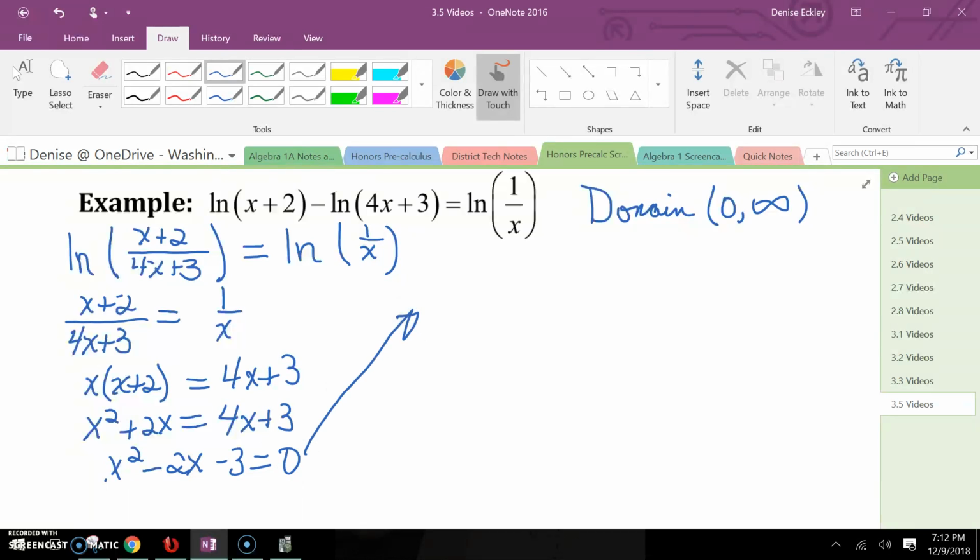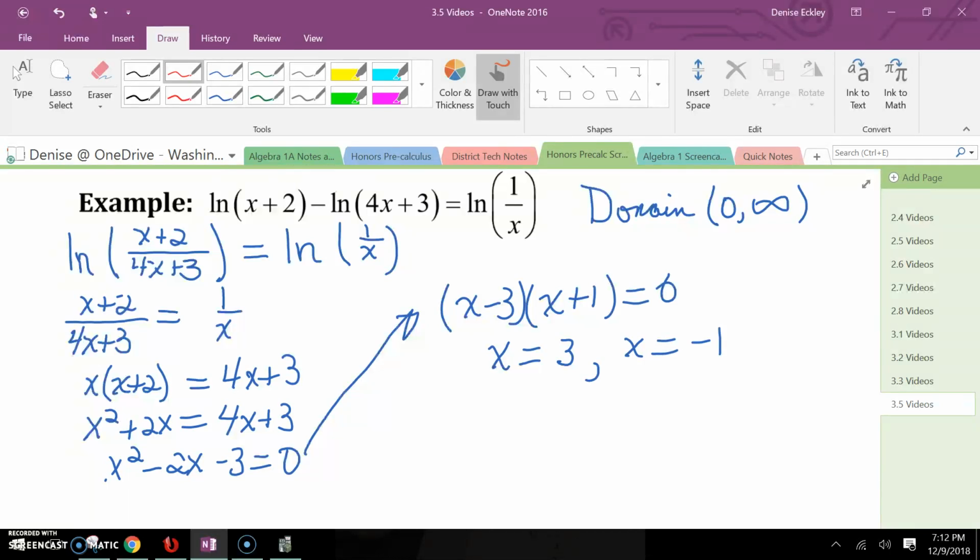And the nice thing is that that factors, and it factors into x minus 3 times x plus 1, and that equals 0. So my two solutions from this will be 3 and negative 1. Then looking at my domain, I can see that x equals negative 1 has to be eliminated, and the only solution is x equals